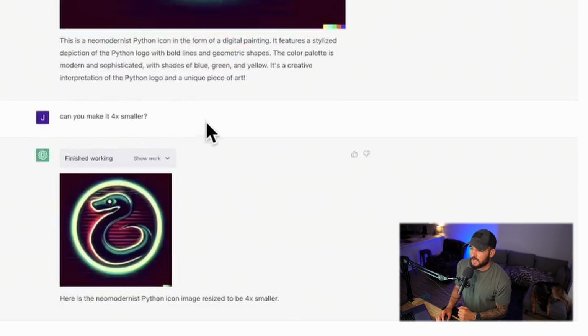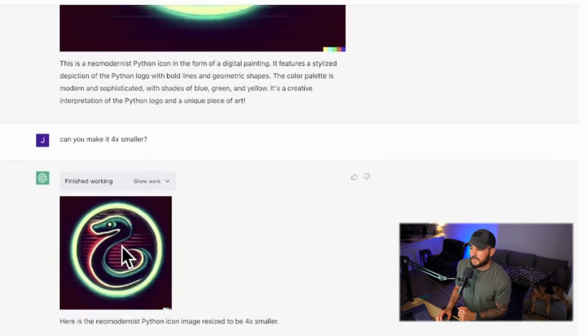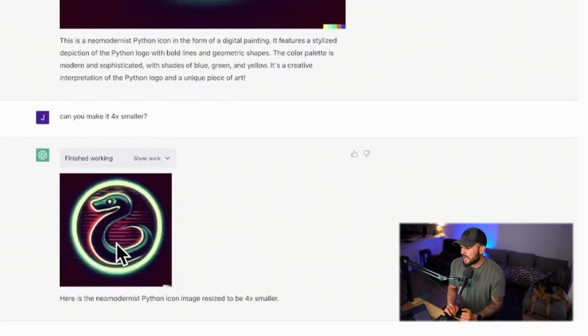And they're like, hey, can you make it 4 times smaller? And in the matter of seconds, it takes this image and resizes it to be about 4 times smaller. Now, I don't know about you, but I'm a web developer, and one of the common goals that we have with a website is, generally speaking, shipping as little code to the browser as we can